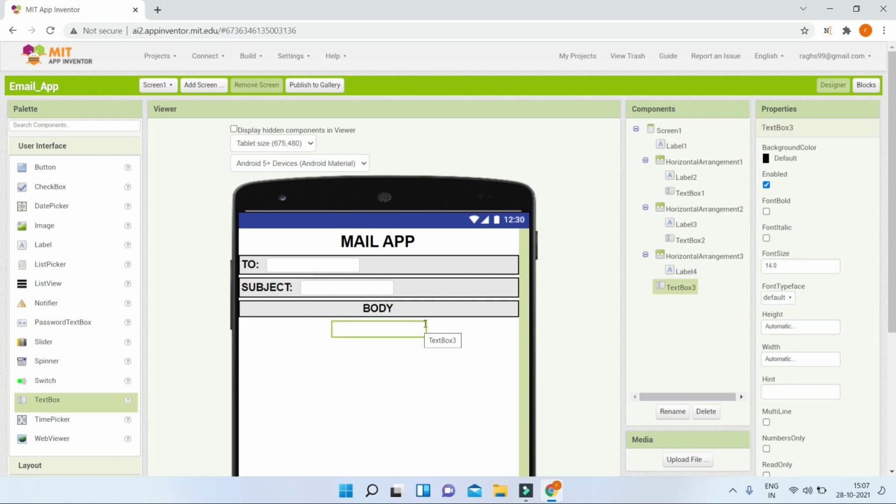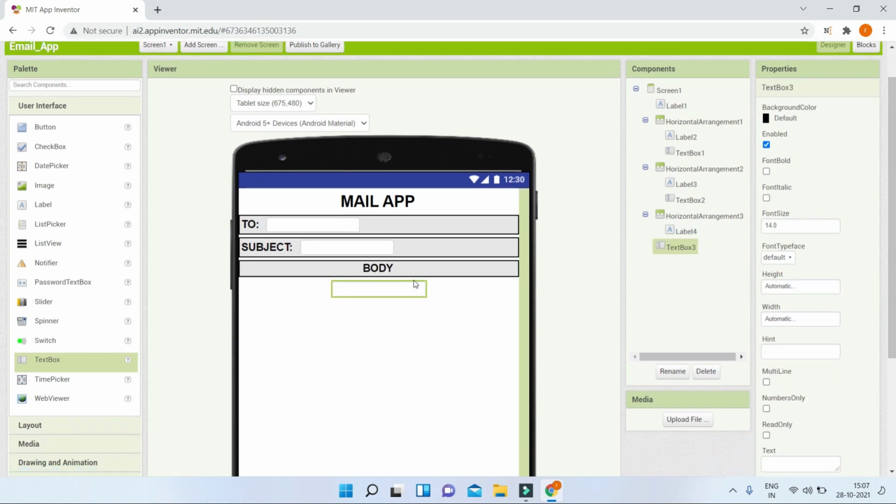Next, here in this text box, I'm going to make it bigger because they need some space to type the whole email. So for that, let's go to the height. I'm going to put the height to be fill parent and also the width to be fill parent so that it occupies the full screen. Also make sure in the properties of this text box where they will enter the body of the email, that this property multi-line is enabled. What this property does is it will allow the user to type many lines of text, not only one line, but they can type however many lines they want in this text box. So make sure you have this multi-line property checked like this.